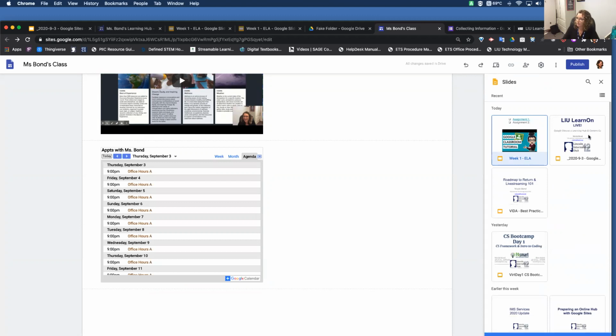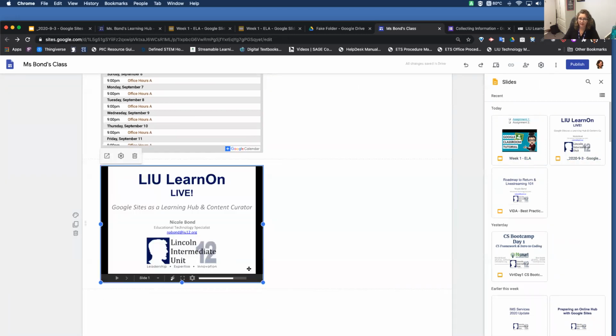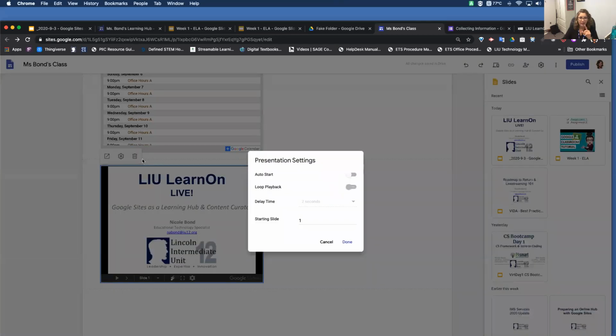And you know what? Let me show you something with this one first. So this is the slide deck we were just in. So you see Google Sites, the ones I just made. But if I go over here, I think it's just settings. Oh, here's the gear. This settings gear right here and click on it. I can do some really neat things with slides. I can do an auto start